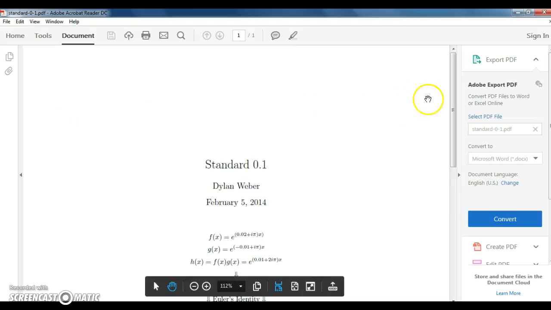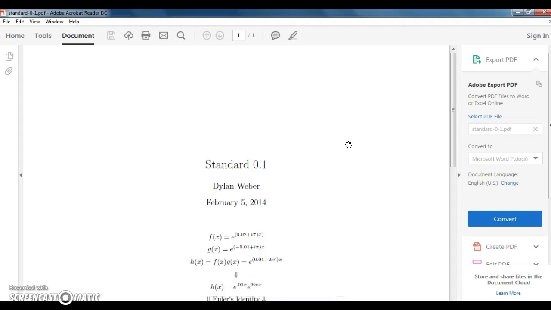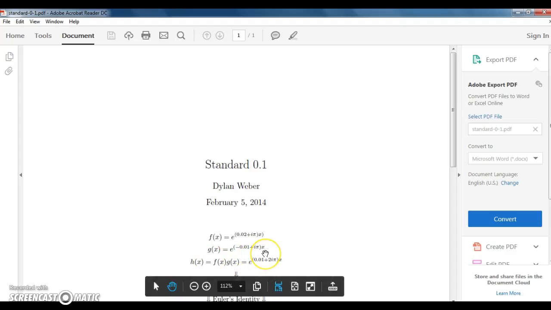Okay, there we go. So what it wants us to do is take these two functions right here, f of x and g of x, and compute their product. That's pretty straightforward. You just add their exponents like you would with any other exponential function, and I show that right here. But then it asks us to describe the behavior of the function,